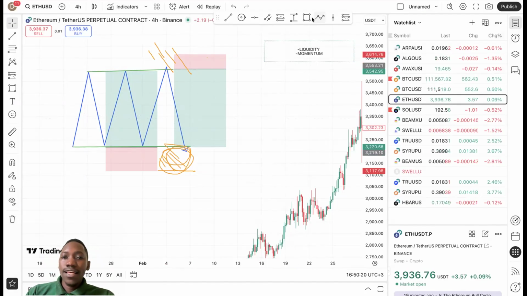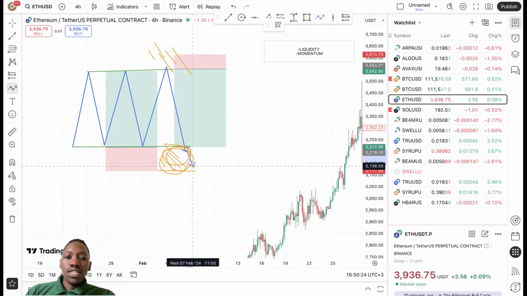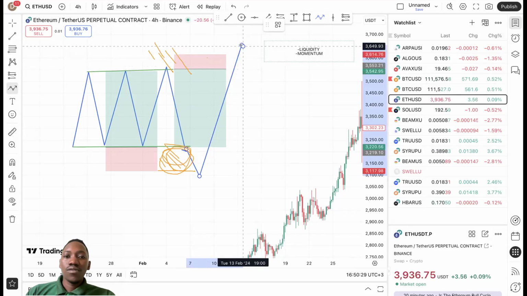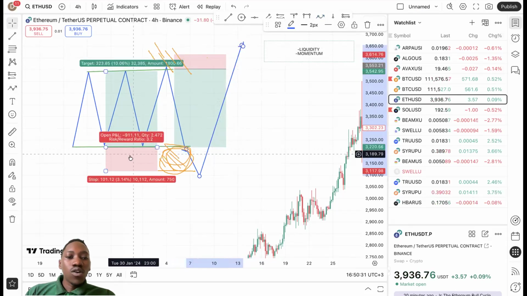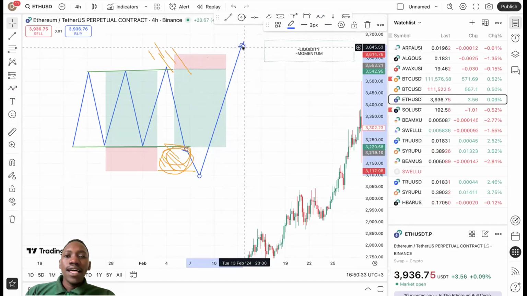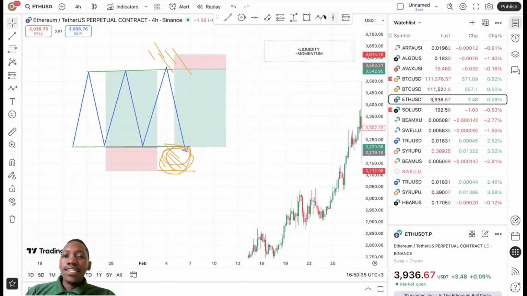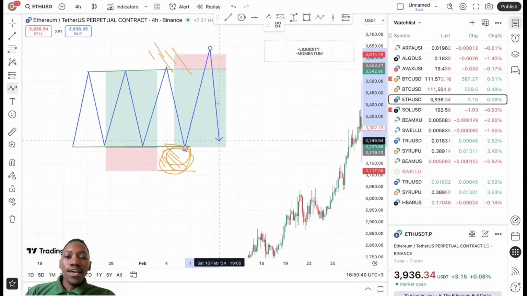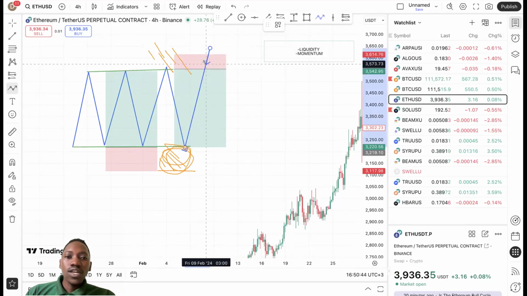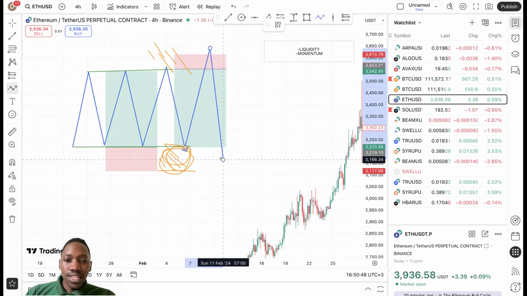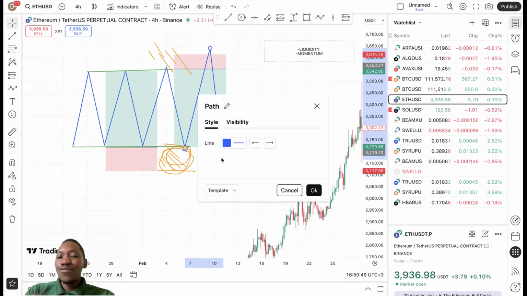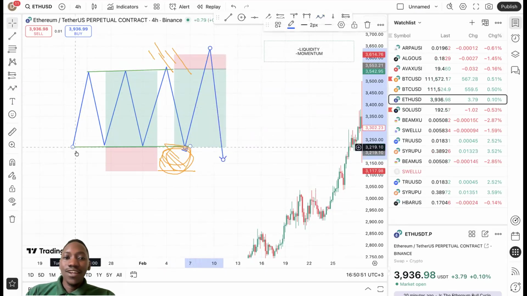Because what happens here is, the market can come and sweep all this liquidity, and after sweeping it, it goes up in that direction. It gets all these people's stop losses, and then it goes up. Or it can come and sweep these people's liquidity and get all these stop losses. The market gets money here, because the moment it triggers you, it stops you out and then continues in this direction. That's why it's very risky to trade in these zones and areas, but that's not the concept for